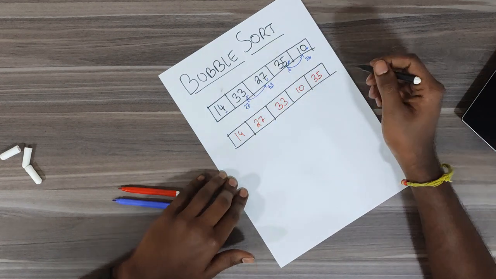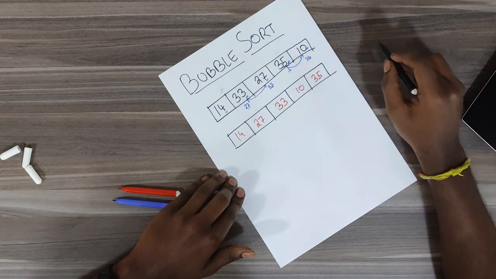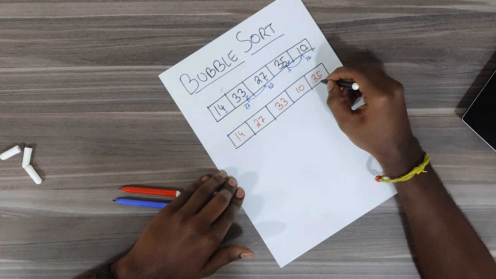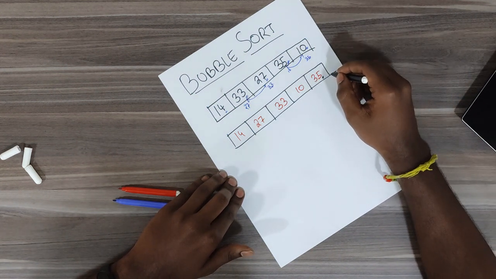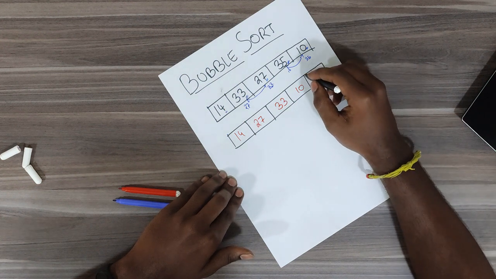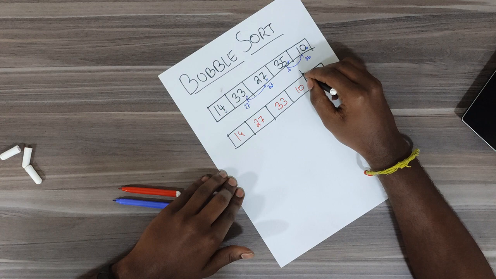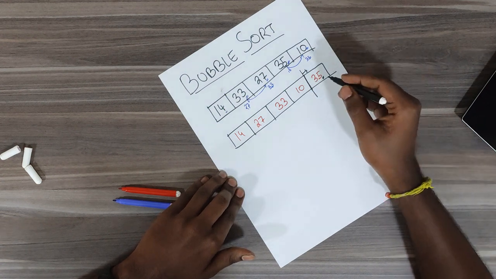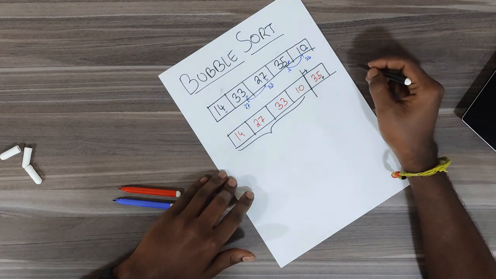As I told earlier, the largest element in the array will be kept at the last position. So now we see that 35 is the largest element and that 35 is brought to the last position of the array. So what recursively we can do? We know that the last element is largest, which is kept at the last. Now we'll apply bubble sort for the remaining n-1 elements.